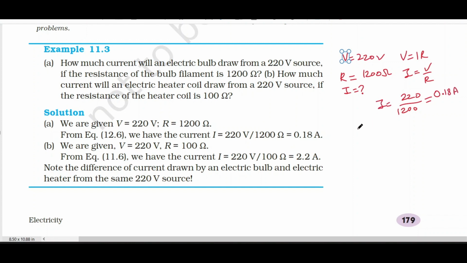ओके, सेकंड केस में हम क्या देखते हैं कि अगर हम सेम सोर्स लें 220 वोल्ट्स की, पोटेंशियल डिफरेंस 220 वोल्ट्स, लेकिन अगर हमारा रेजिस्टेंस इज लोअर, राइट, इट्स ओनली नाउ 100 ohms, तो हमारा करंट कितना होगा? अगेन I = V/R. तो V हमारा है 220 एंड R हमारा है 100। 220 डिवाइडेड बाय 100 इज 2.2 एम्पियर्स, राइट? सो वेरी सिंपल।